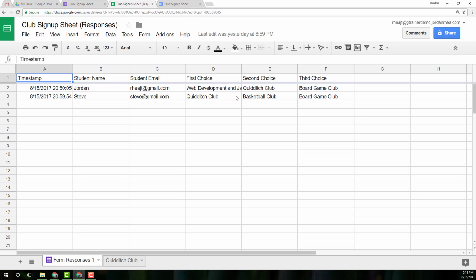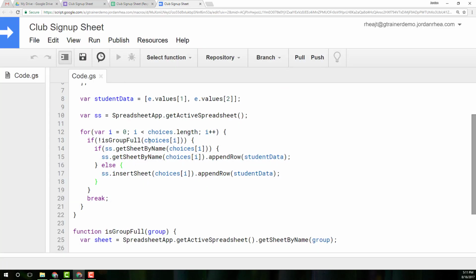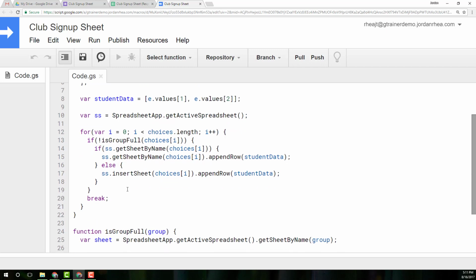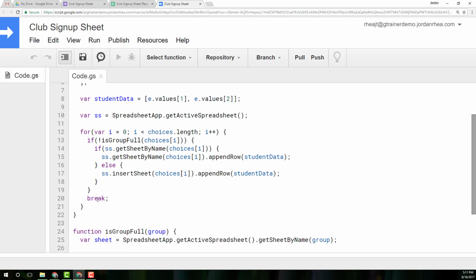membership caps, right? So if the first choice club is full, then they'll go into the second choice clubs, and so on and so forth. However, what this loop does is it loops through the student's choices. Every time a student submits, it's going to loop through their first choice, second choice, and third choice, see if that group is full, and then fall back to the next one. And then I just was thinking that I could break the for loop here, but I don't think that will work. If you know how I could make that work,